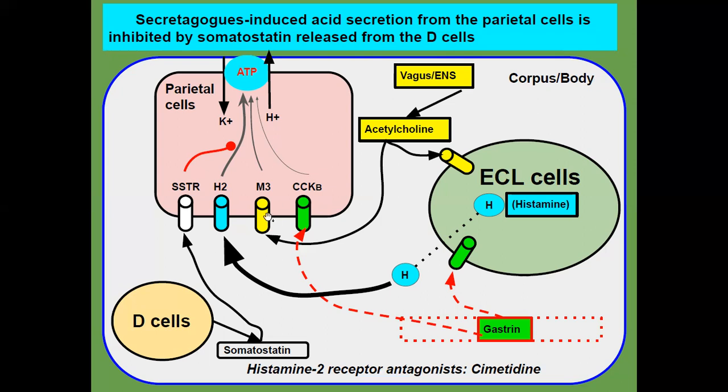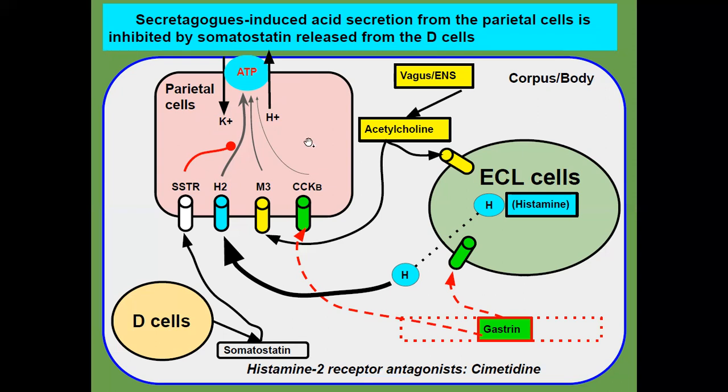Also, the histamine released from the ECL cells will migrate and eventually bind the H2 receptors via the paracrine pathway. Once histamine binds H2 receptors, it will activate a signaling pathway, eventually inducing the activation of the proton pump and leading the parietal cells to secrete acid. Okay, these several ways, the secretagogues